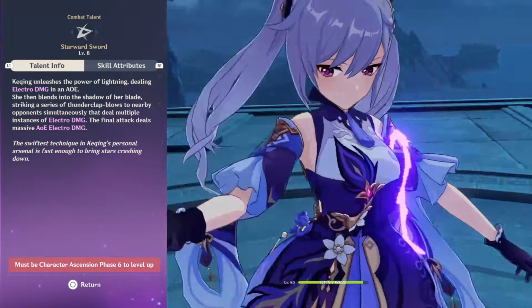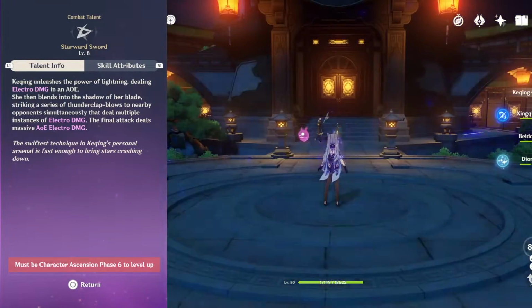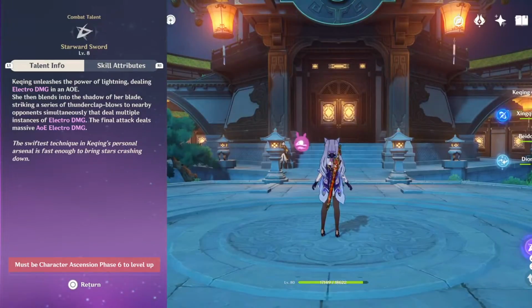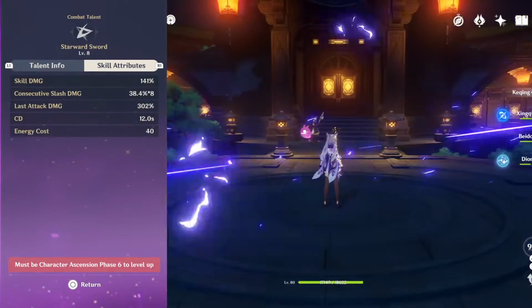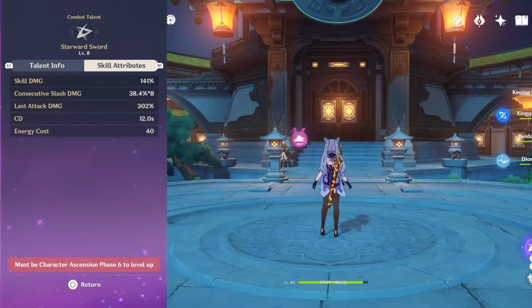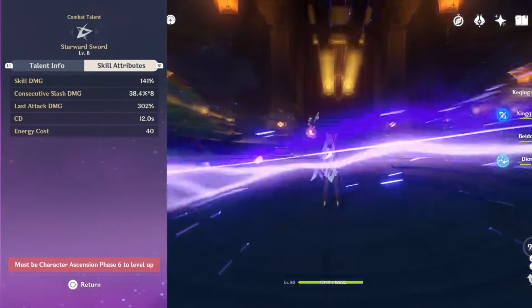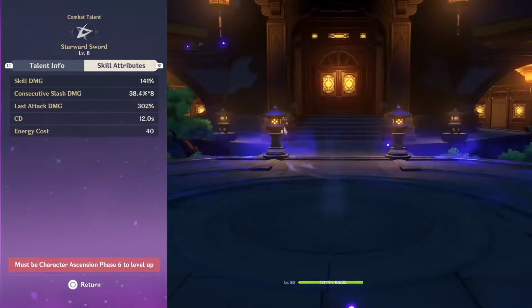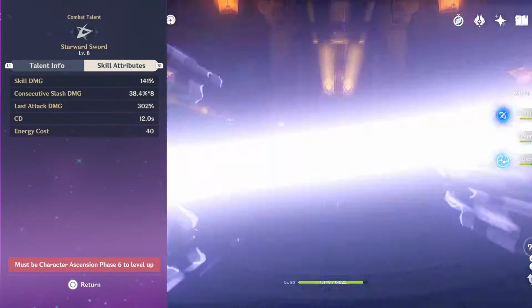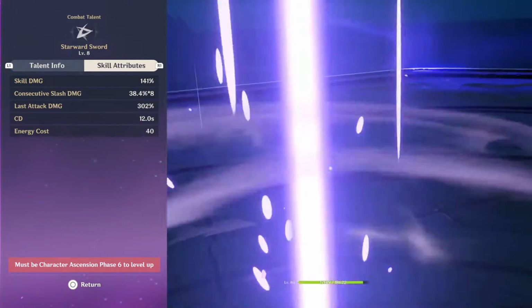And now her elemental burst is the best looking part of the kit. Basically, Keqing will do a whole lot of slashes in a large AoE, and then the last final strike will do a lot of electro damage at once. If you take a look at the percentages, it will initially do 141%, and then the repeated slashes will actually do 38.4% 8 times with the level 8 skill. And then the last slash will actually do 302%. It has an extremely low cooldown of 12 seconds and an extremely low energy cost of 40,